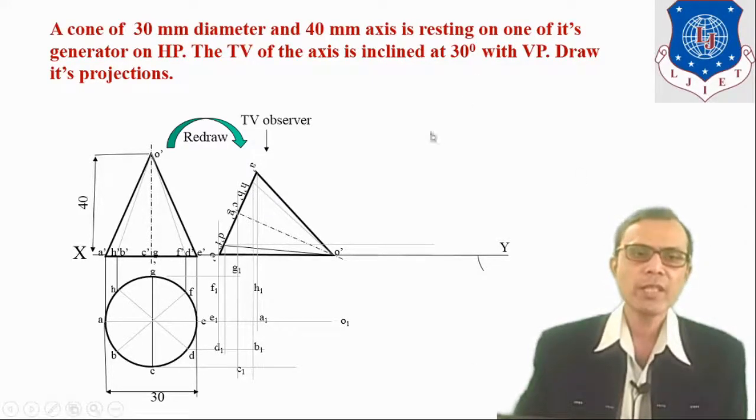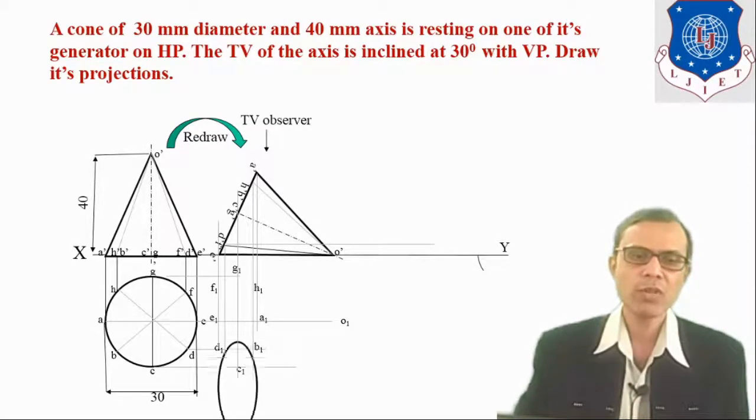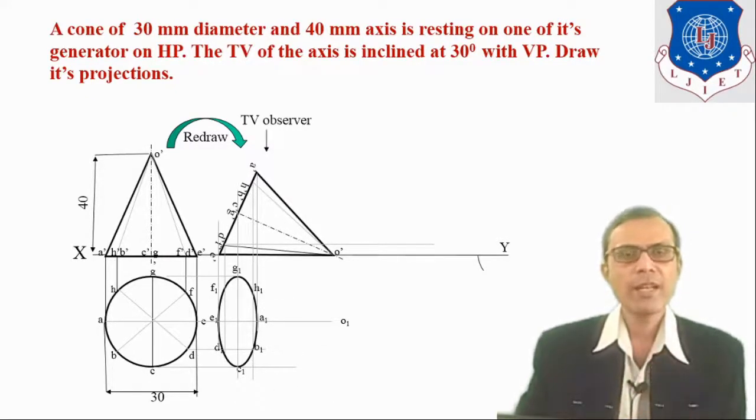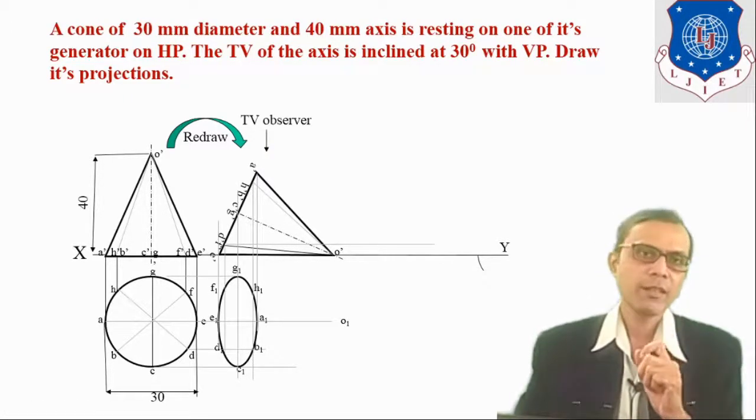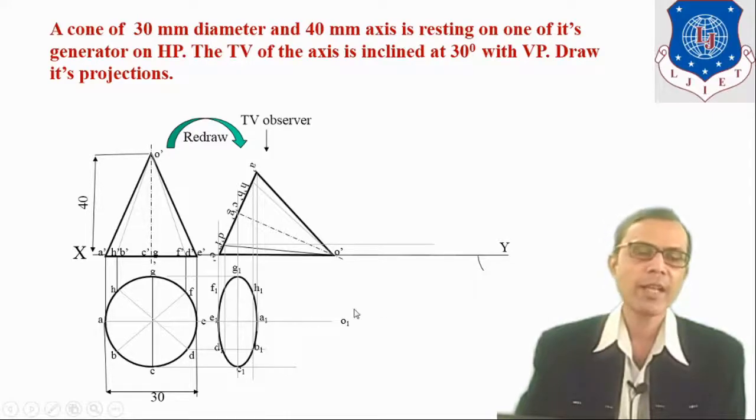Now the important point is that when you look at this object from this direction, this base becomes fully visible. The part which is fully visible is always drawn with a continuous line. So this base is fully visible. Join all these points with this circular line. Here you have to join all these points smoothly, freehand, in curvilinear form, because it is a right circular cone. So it should not be joined with straight lines. It should be joined in a curvilinear manner. It is the apex point O dash, and here it is projected.